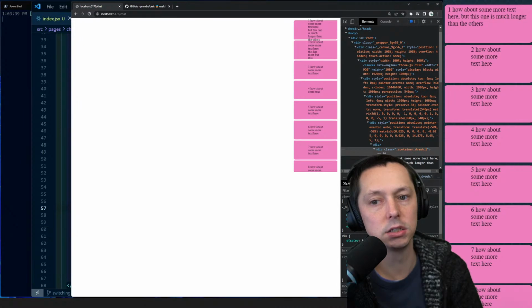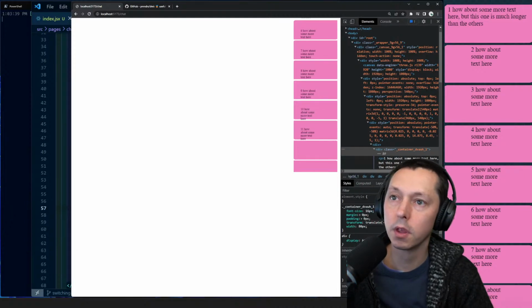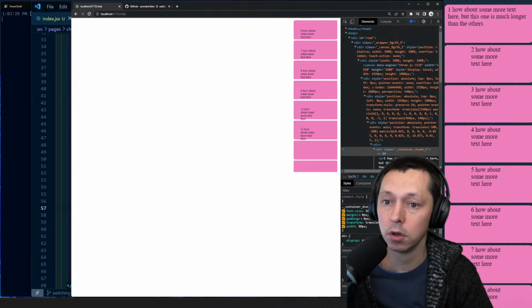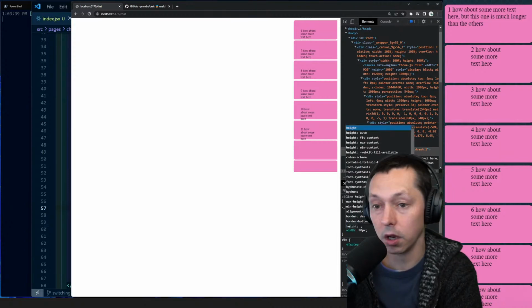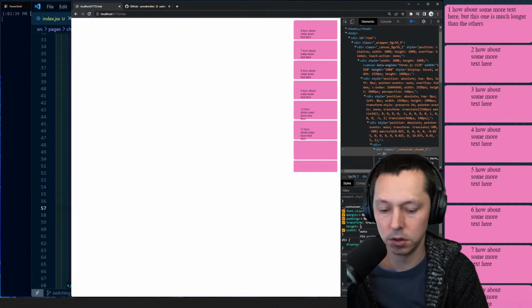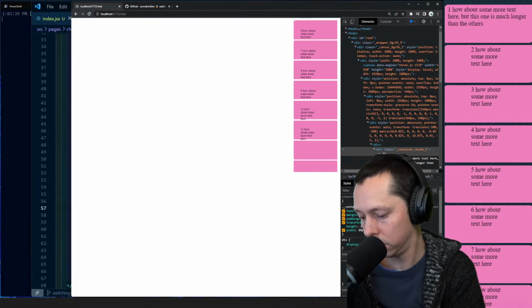I think the height we also need to specify. We could give it a really big height and say negative 500 pixels, which is huge, but if we say a height is going to be 1,000 pixels,